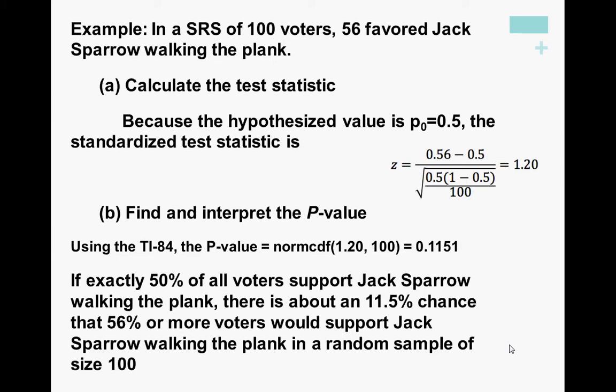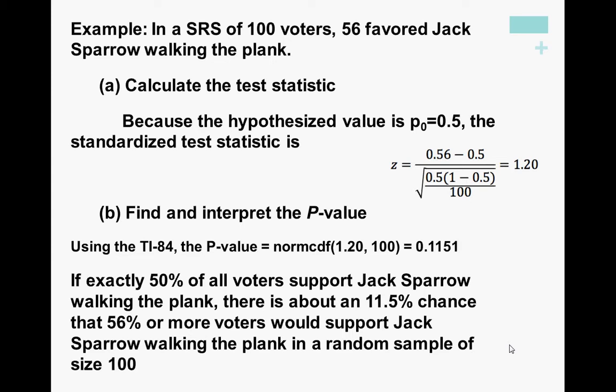Then we find and interpret the p-value. You can use table A, or you can use norm CDF 1.2 up to 100. We often use the 1E99 instead of 100, but you'll get pretty much the same answer either way as long as you put in a big number. We get